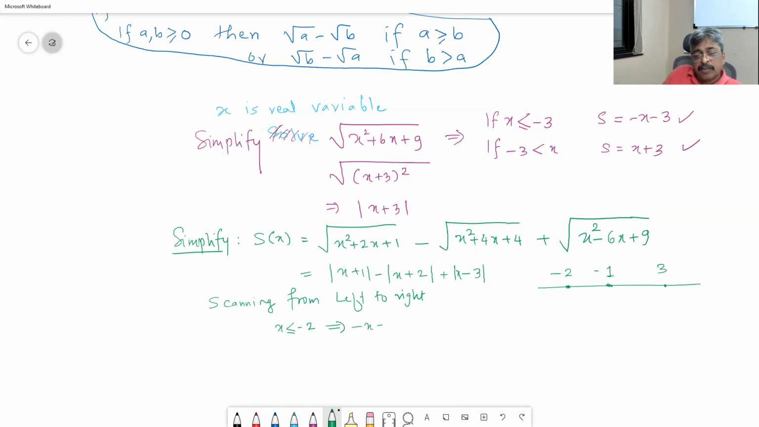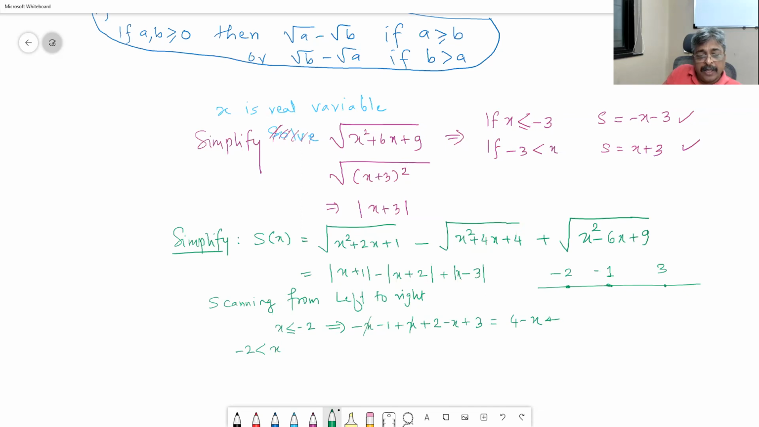It is minus x minus 1 minus, minus x minus 2, plus, minus x plus 3. That is what is the value of S of x, which is equal to minus x is gone. 5 minus 1 is 4 minus x. It will follow this line, straight line, when x is less than or equal to minus 2. If x is